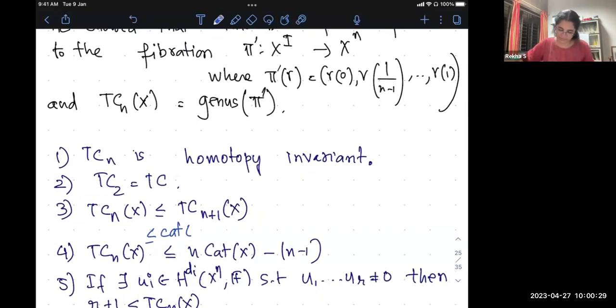Did I miss an n here? Like, I think this is bounded by 2 cat of X minus 1. And I think I want maybe here, there's probably a 2 here, all right? Then you use the 2 cat of x to the n minus 1, and then one uses the fact that